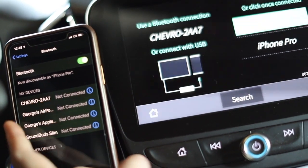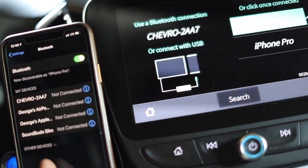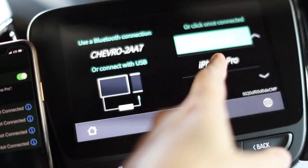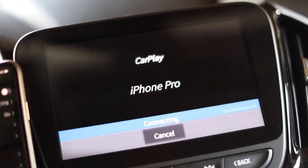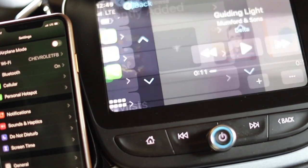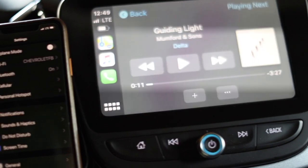So under Bluetooth, see, I've already connected it. So it'll come up down here. You hit add, and then it'll just finish. So for my case, I've already done it, and that's this phone. So it does its little authentication. And then it works. However, first problem,